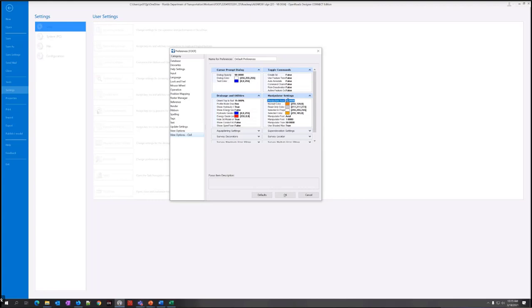Okay, so this is the handle that we need to grab, the manipulator size. I'm going to change that to 25 to make it bigger. If you want to change the color, you can change the color. I'm going to make it something different because the orange on orange isn't working well for me.